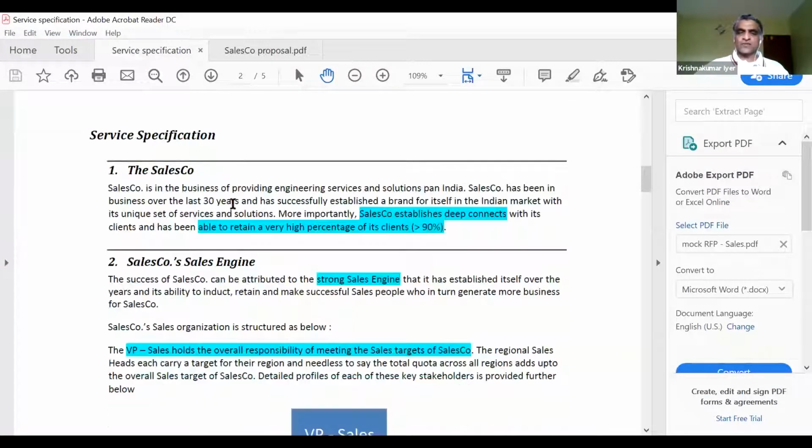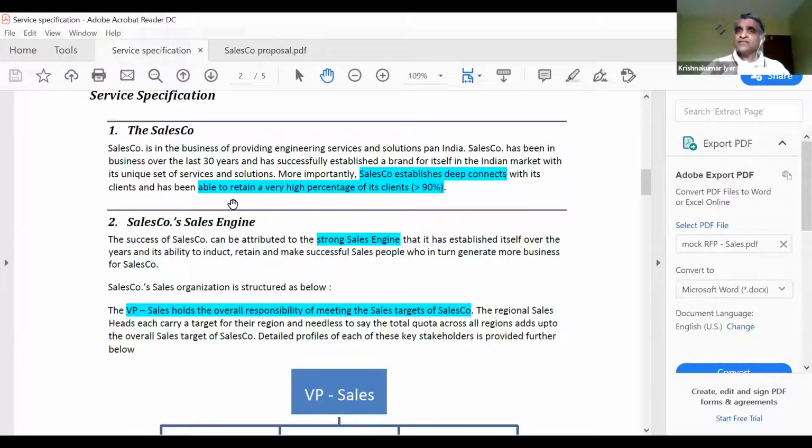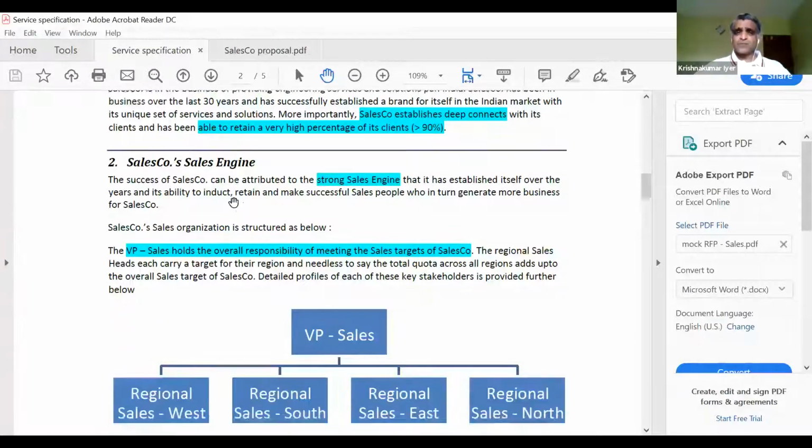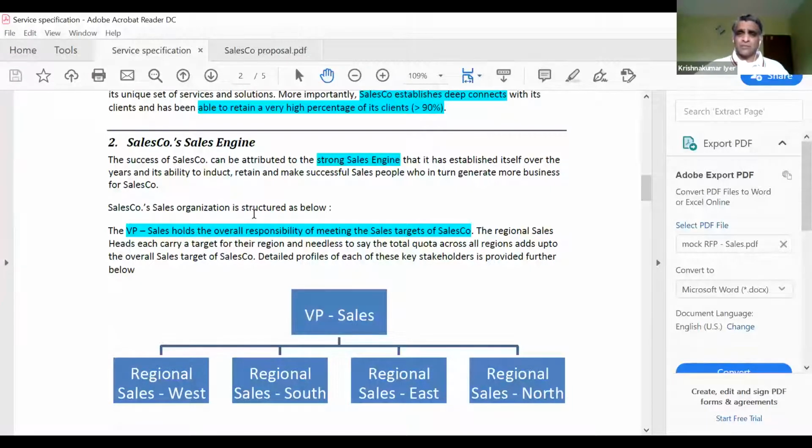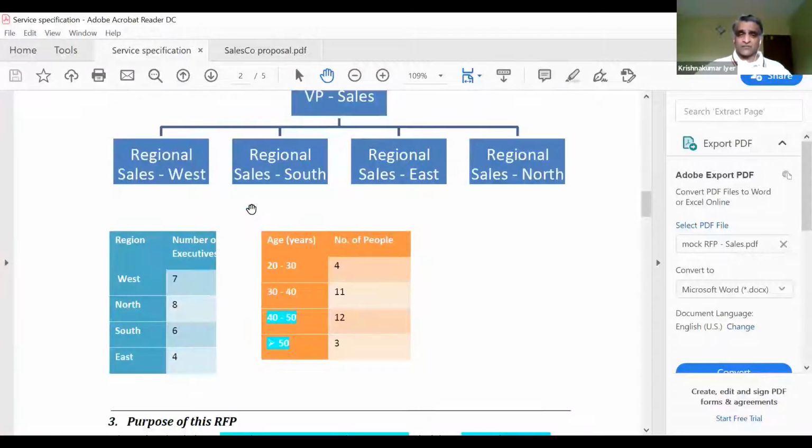So if you notice, as you're seeing the screen, all text marked in light blue is basically of interest to us. Now, when I say of interest, all we are saying is that, hey, this seems interesting. What we are going to do with it is not something we are worrying about at this point in time. The point here is to try and develop an understanding of the client as best as we possibly can using this method. And at this point in time, you really want to keep the entire process very, very simple. So you highlight all the things that you think are of interest. And that's what you will see here in the RFP, right? So the ones marked in light blue are the ones which are of interest.